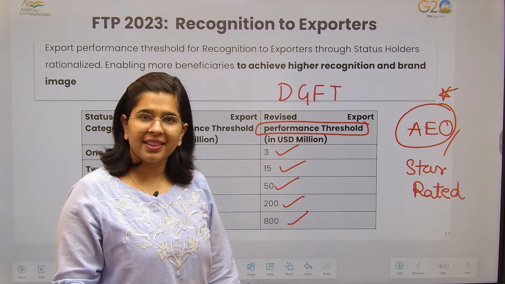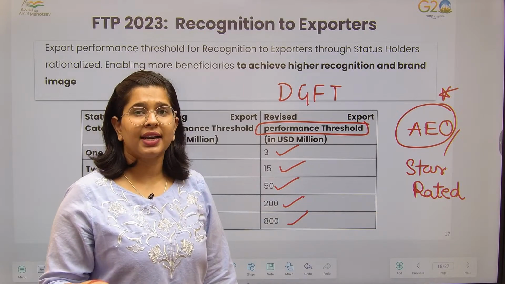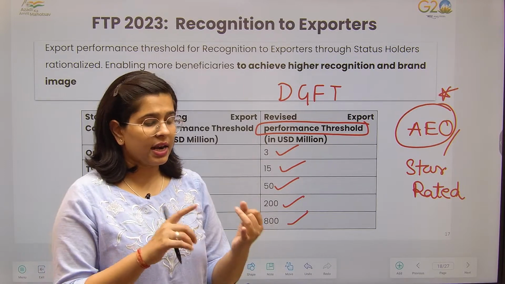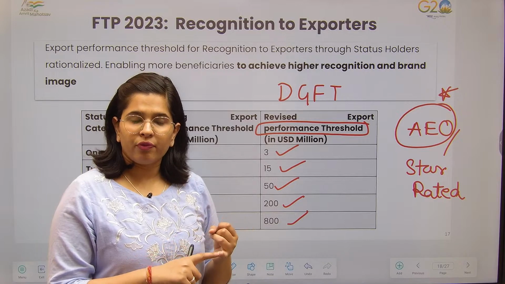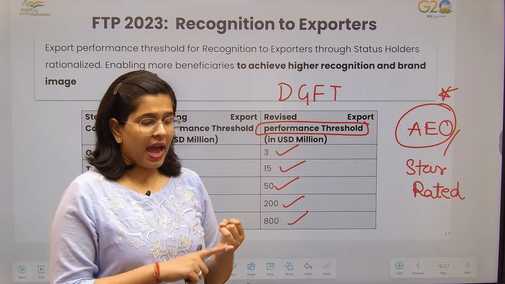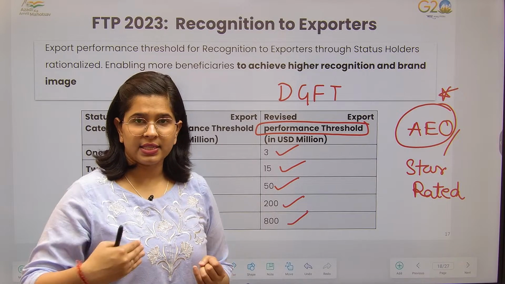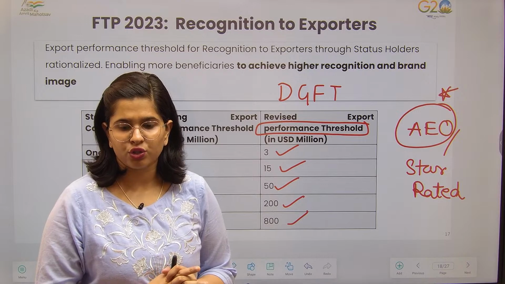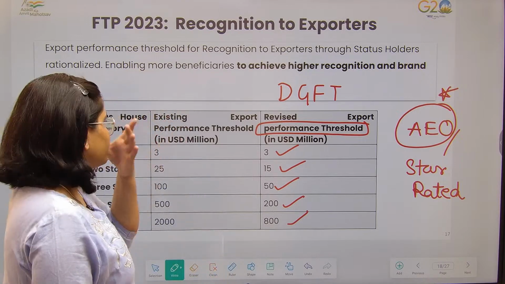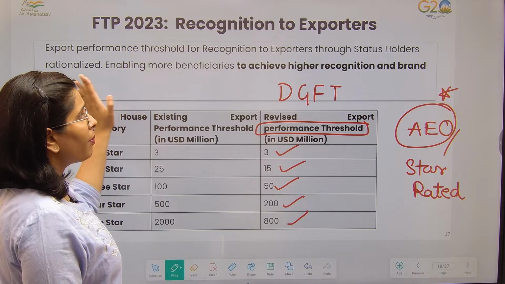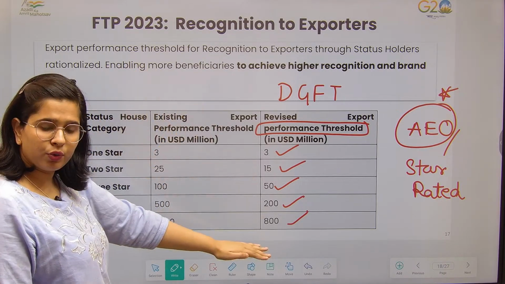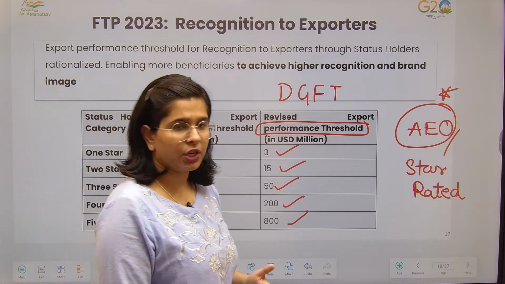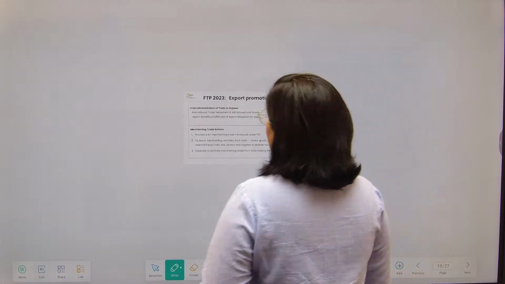But as of now, in the highlight section, you just have to remember that yes, certain export benefits are given to them. What are these? These are compliance related, setting up of warehouse related, as well as the processing of the export or the import. In relation to that, timing related benefits are also given to them. Fine. So the export performance threshold has been reduced so that many exporters will be motivated to get these particular star ratings.